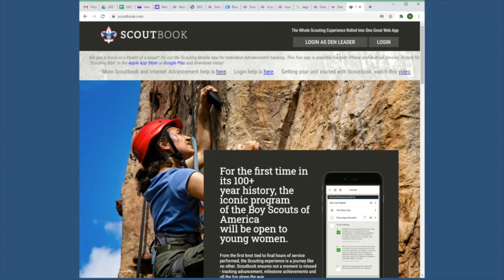Then you can manipulate that schedule, and once it's in the app, if you follow that schedule, meeting 2, you were going to do this belt loop and you got it done. You can actually take attendance on your phone, and Scoutbook will say, hey, did everybody earn this belt loop? You say yes, and it automatically records all of that advancement. So I really, really encourage you, especially for your new den leaders, to get them registered and get them working on this den leader experience. There are some wonderful training videos out there on the den leader experience that I'm going to show you here in just a